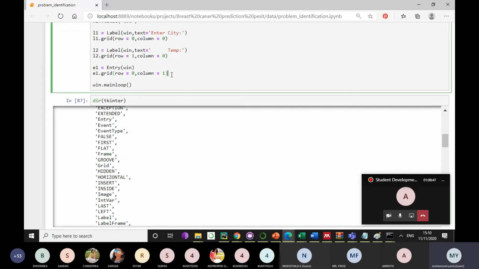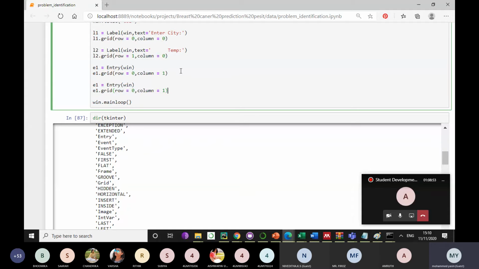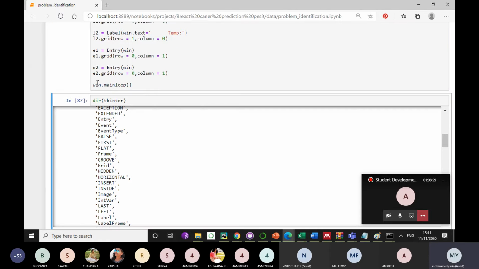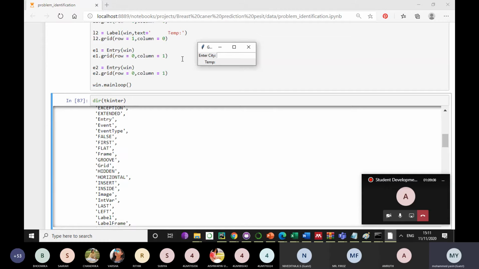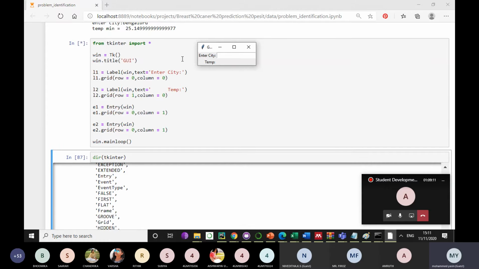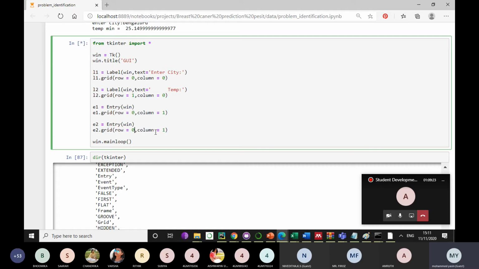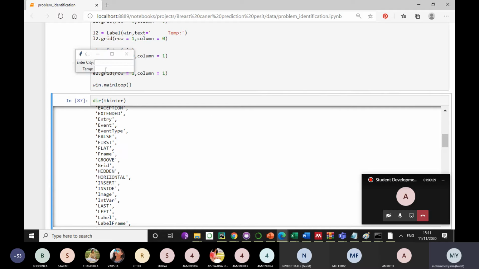Let me create one more box for my temperature so that I can print the data here. If I run this, oh, there is no entry box. I wrote just the Entry E2 box also. Why might it not be there? Can anybody debug this and tell me where that other entry box went? Let me see how you are trying to understand the code. Overlapping. Yes, okay. The reason is I didn't change the column and the row number. Overlapping was happening. Okay, so now it is there.